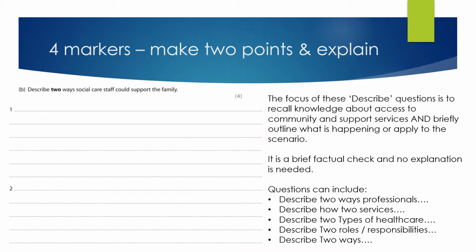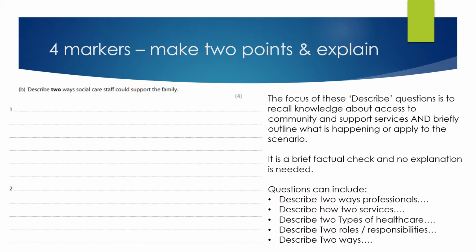4 markers often build on it. So again, it will say describe 2 ways social care staff support the family. In this sense, it's a describe question. So you would need to identify a point, in this case, how social care staff support the family, and then you describe or explain how that support is provided,